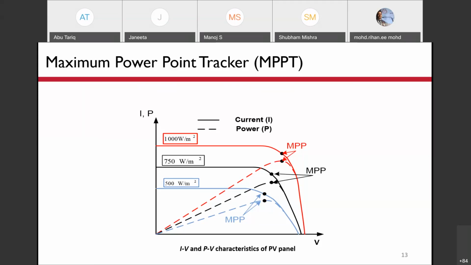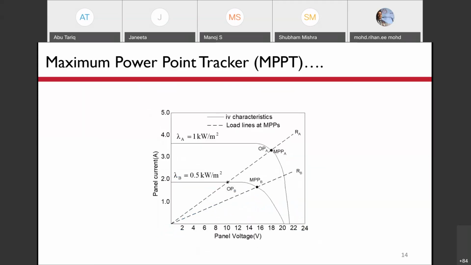So now let us see what the maximum power point tracker is and what its function is. Suppose we have this characteristic for 1 kilowatt per meter square insolation. This is the characteristic.